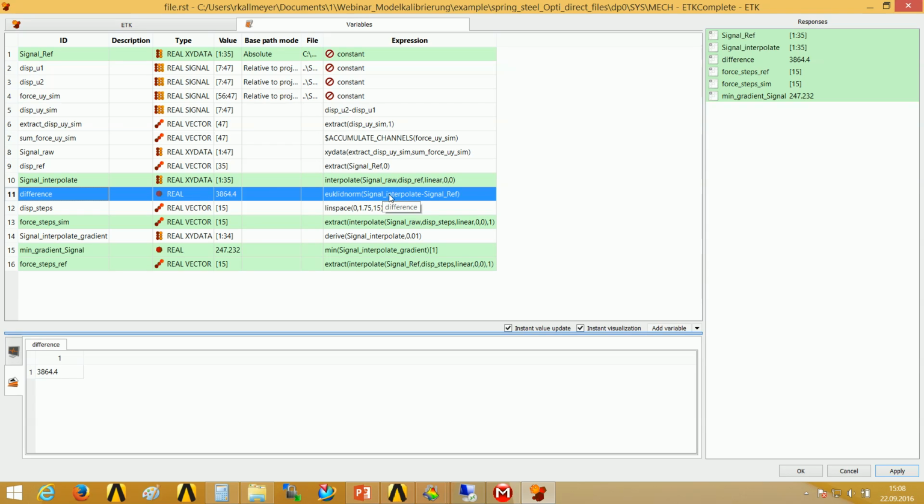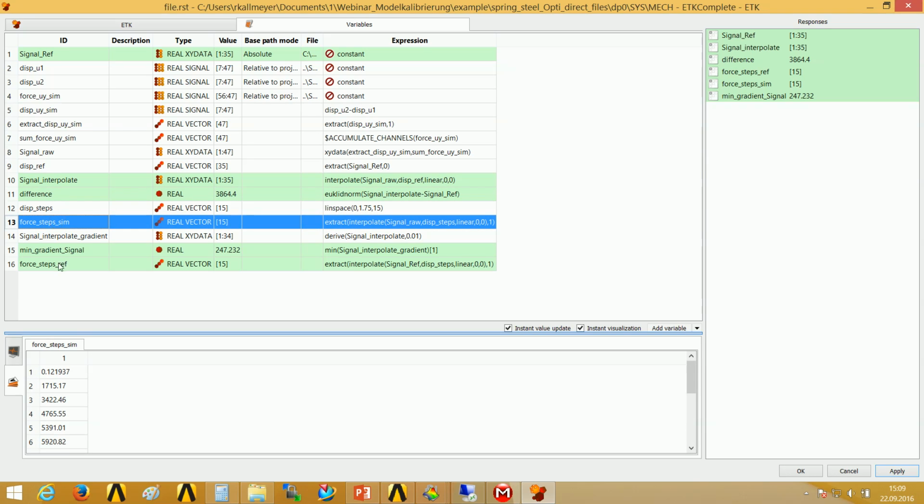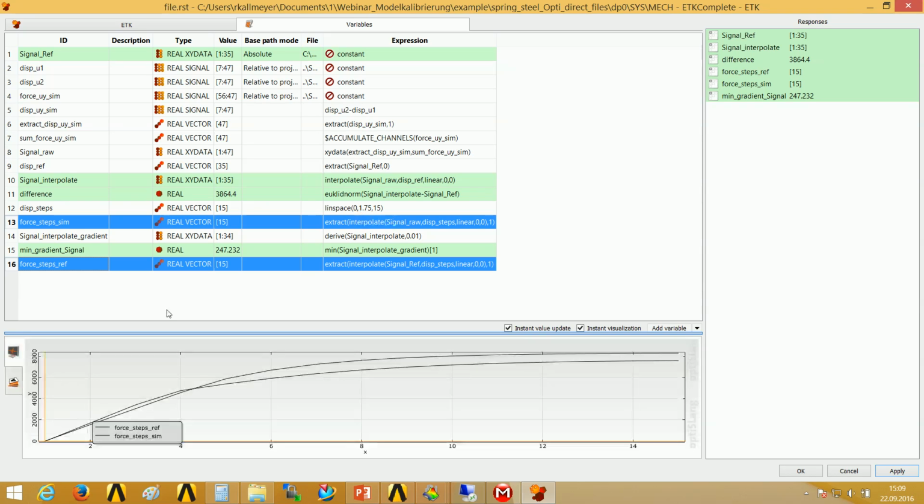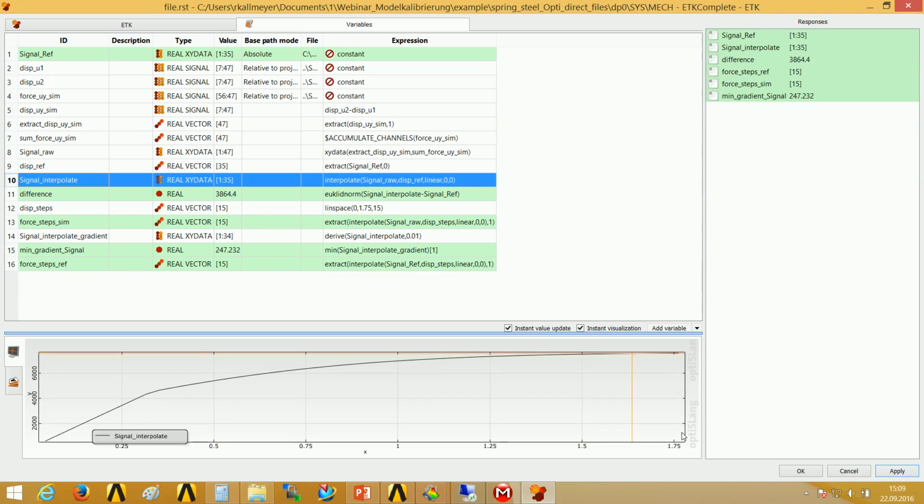But now in the version OptiSlang 5.2 we have the possibility to work directly with this vector. That means what I said before, this 4 steps sim and 4 steps ref are coming from a vector with 15 equal steps between these signal lengths from 0 to 1.75. This is the length of the simulation signal. Here you see the simulation signal, and we use these two